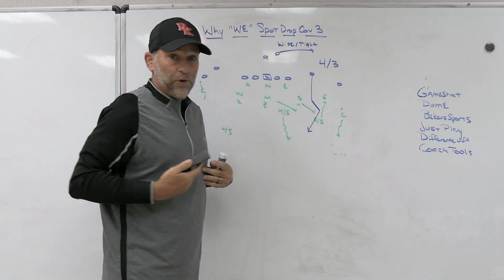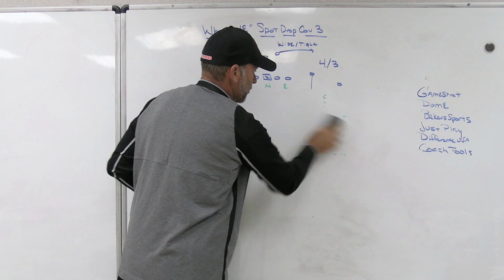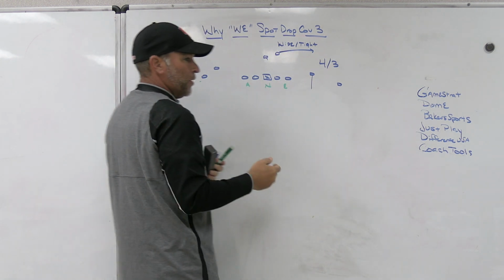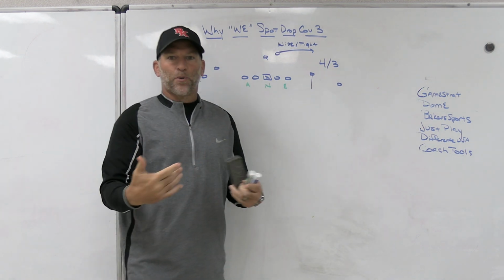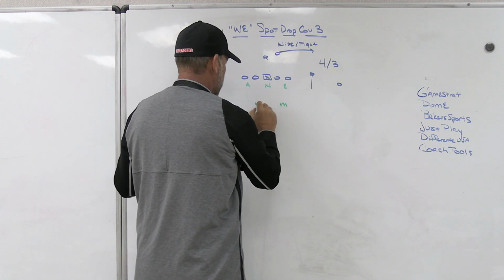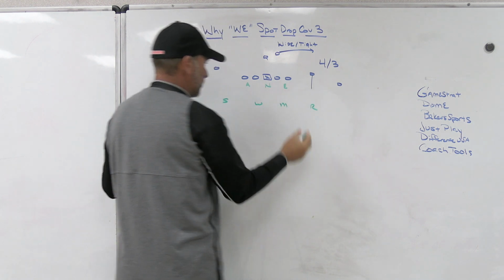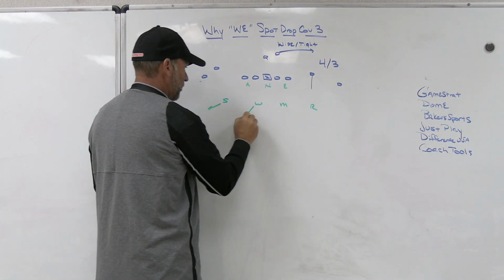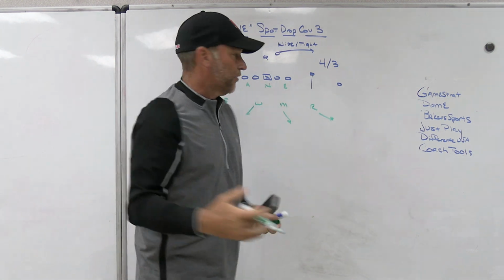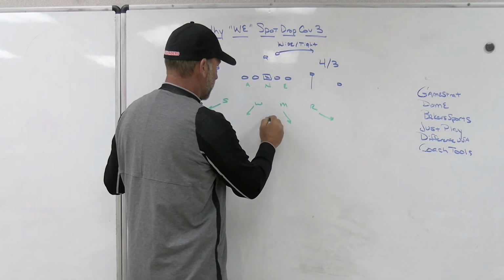And so one of the things for us that we struggle with is I very rarely play any traditional 4 under 3 deep. The reason for that is in our base teaching, we teach it with an extra dropper inside. So instead of us having your standard curl flat, hook curl, curl flat, now you've got to be able to relate to all the routes that are happening with 4 underneath droppers. That for us is so much different because when we play it,